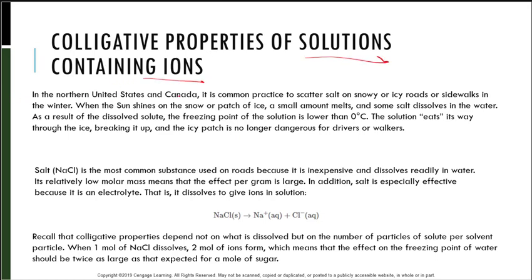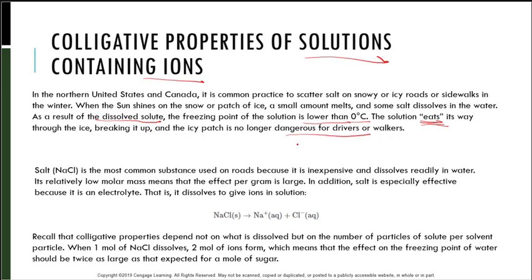In the northern United States and Canada, it is common practice to scatter salt on snowy or icy roads or sidewalks in the winter, like it is here where I live in Michigan. When the sun shines on the snow or patch of ice, a small amount melts and some salt dissolves in the water. As a result of the dissolved solute, the freezing point of the solution is lower than 0 degrees Celsius. The solution eats its way through the ice, breaking it up, and the icy patch is no longer dangerous